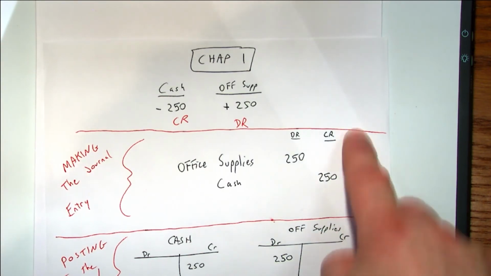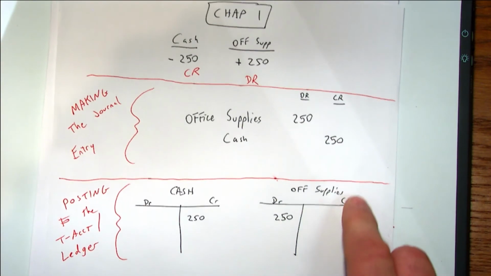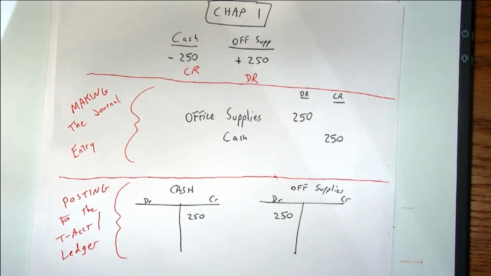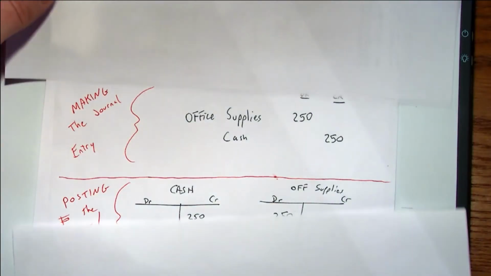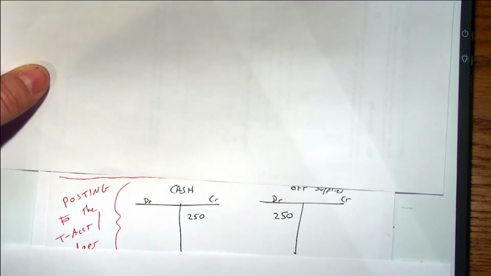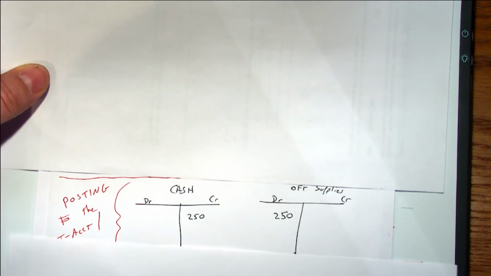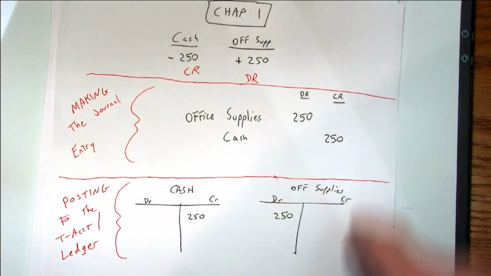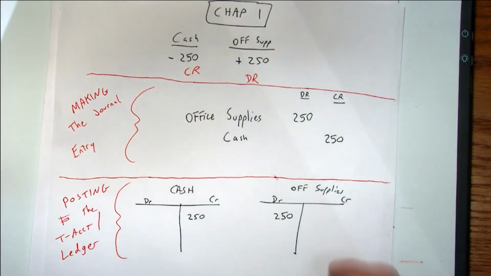This is making the journal entry. This is posting to the T account or to the ledger. When I ask, and I always ask on a test for you to make about 8 or 9 journal entries, I want to see things that look like this. Please don't have me look and see a bunch of T accounts. That's not making a journal entry, okay? This comes before this, and this is the instructions to do this. So what we're going to do here in class today in a minute is we are going to analyze a transaction.